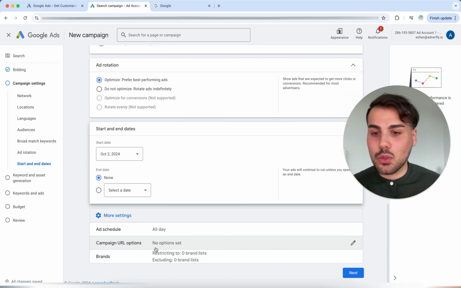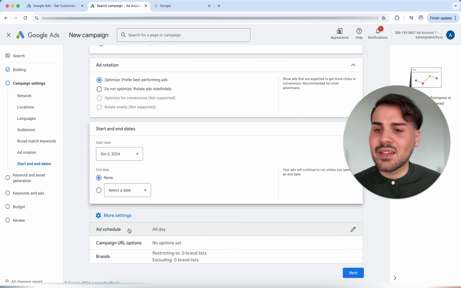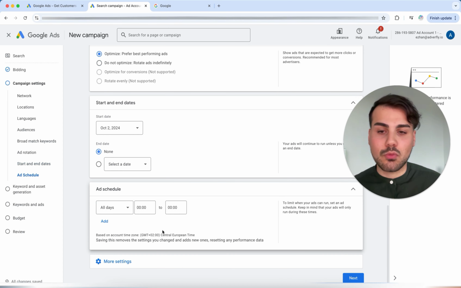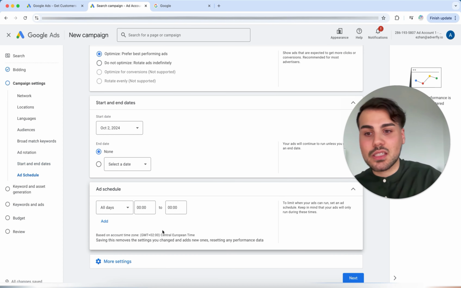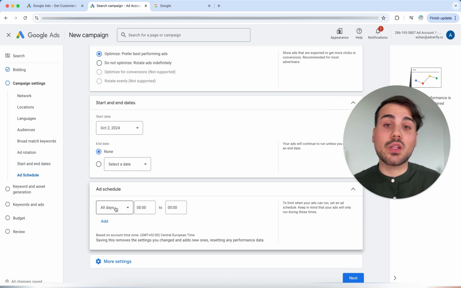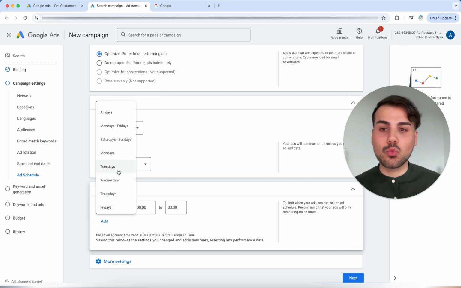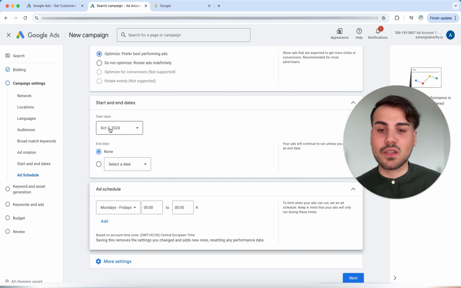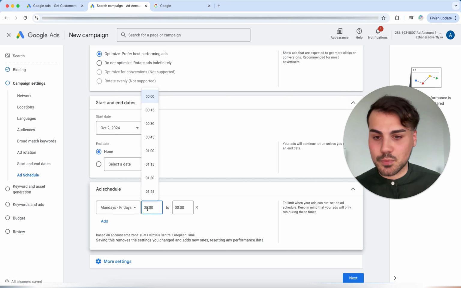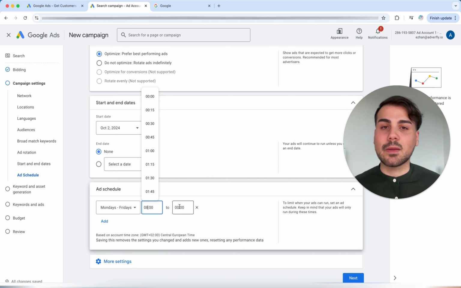Then we have more settings here again, and then we can see, for example, that we can also say the following, hey Google, don't show this ad all the time. For example, I'm selling a B2B product, just as an example, especially if you work without email registration, but only with phone calls, because you can also optimize for phone calls with Google. You can say to Google, hey Google, please optimize only on weekdays, for example, Monday to Friday, from, for example, 8 o'clock to 6 o'clock, depending on your opening hours.